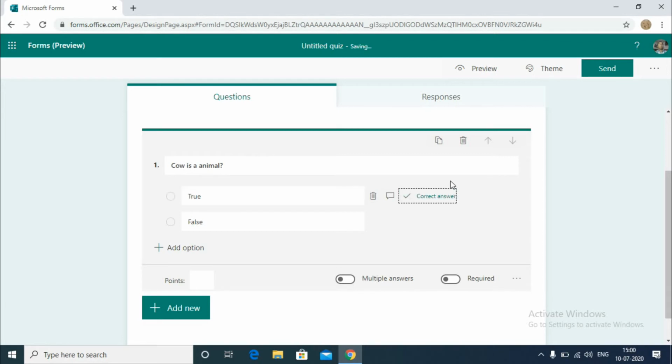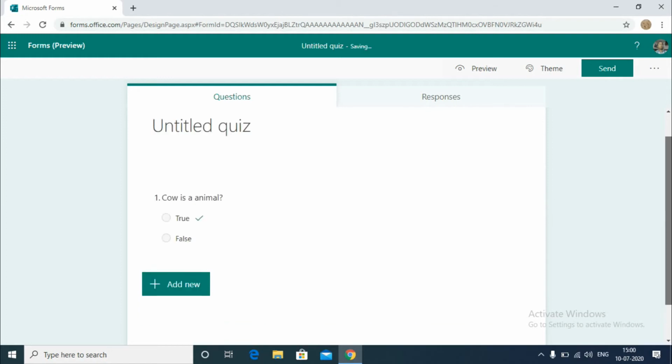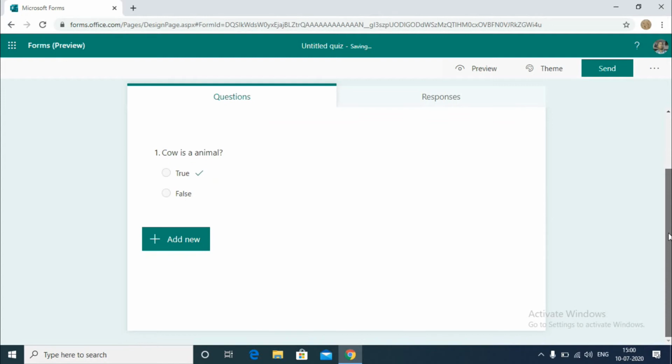That means the respondents who are taking the test, if they click on true, that will be a correct answer, and all other options will be false. As it is a quiz, there is that option. That means a tick mark for the correct answer, according to your usage.